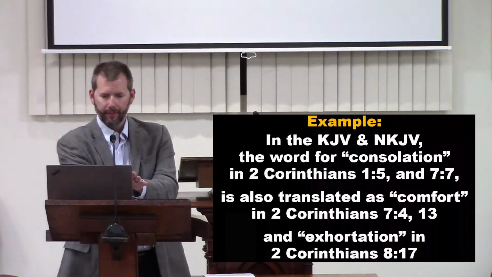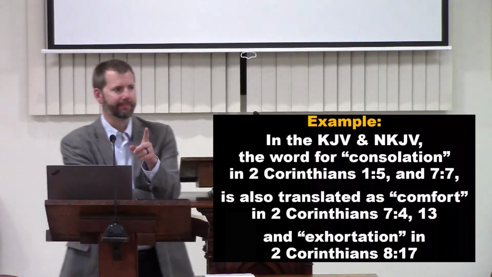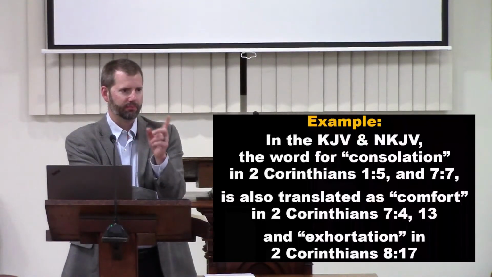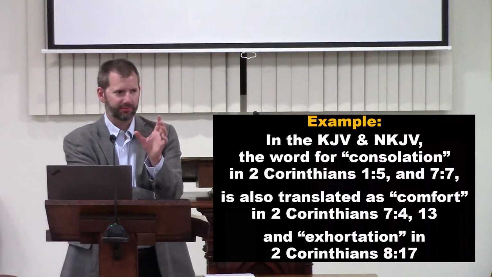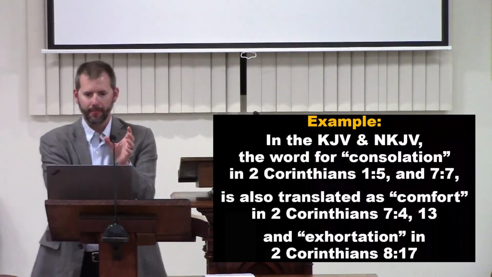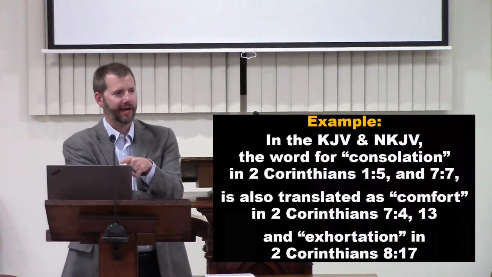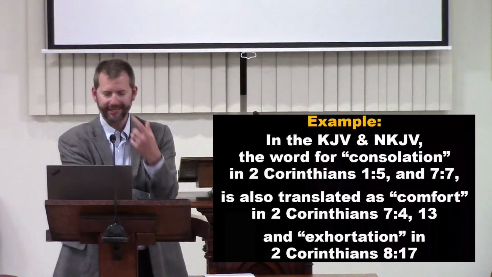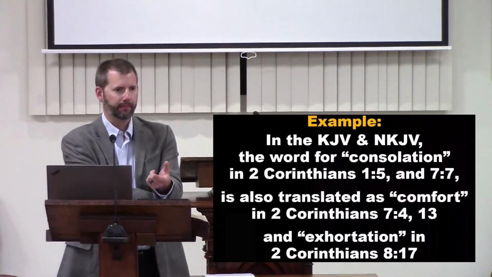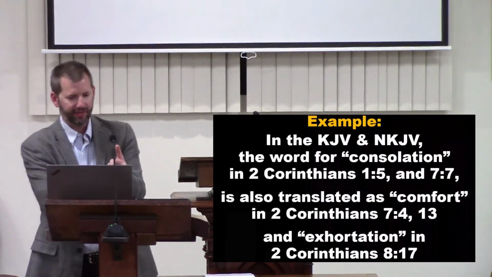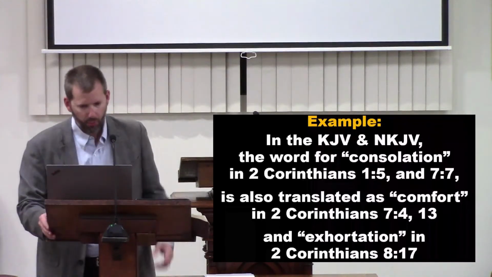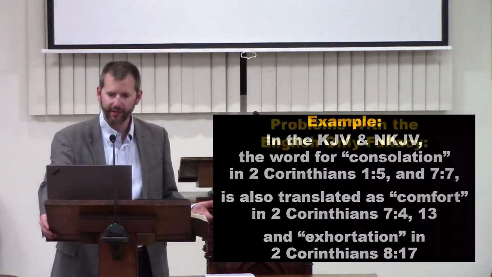But they are. And when you start noticing that, remember how we were highlighting repeated words earlier on? You wouldn't catch that, would you? That this is a repeated word, that this is a word he's using over and over again, because it's translated in different ways, or in different places. So that's one problem with the English-only fallacy.